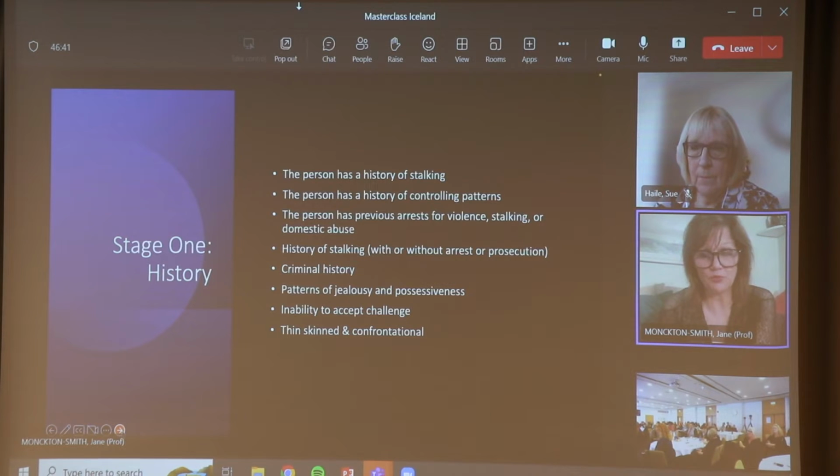And we will play one small film from Clive for every stage as a kind of example of what's going on. So stage 1,